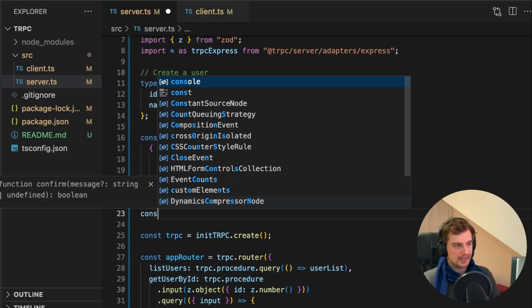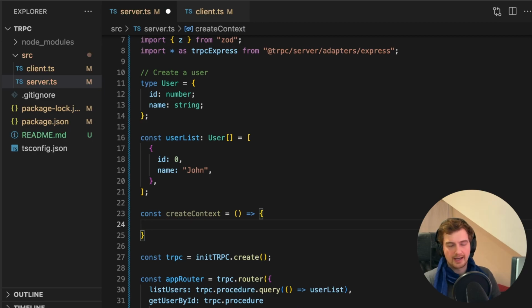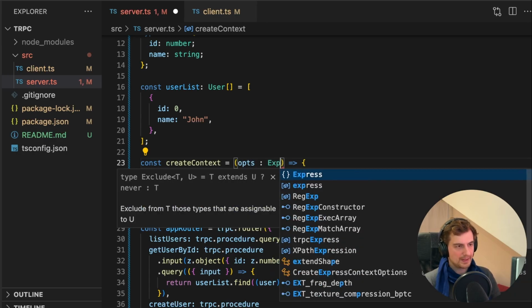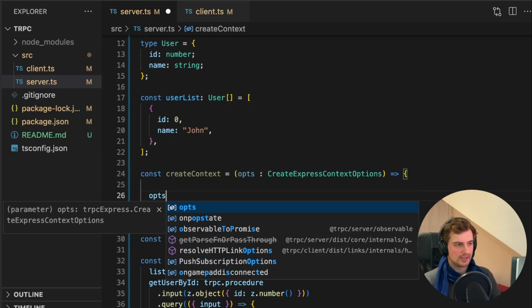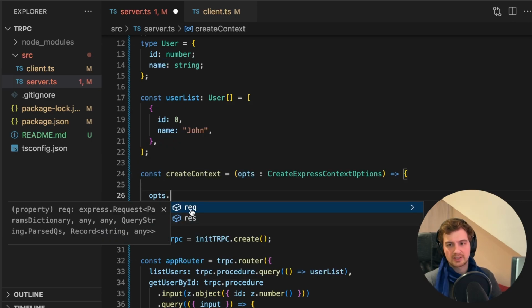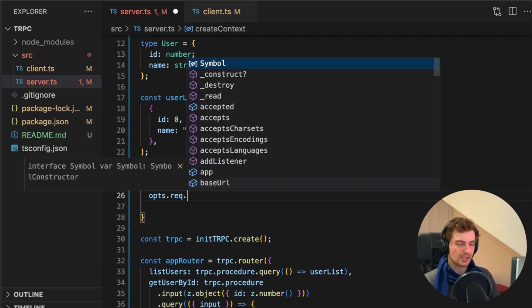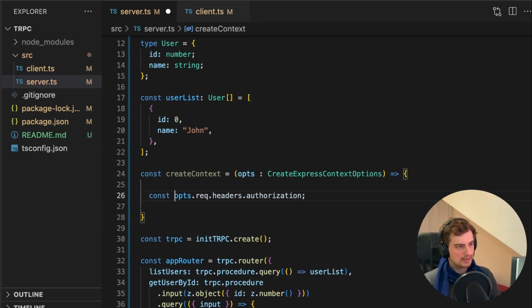First off, let's create a create context function. And this function will be called on any request before it gets passed on to the handlers. This create context will take in some options, and these are the create express context options. What these options contain is really just the request and the response object. For us, it's especially the request object, which is interesting because this request object contains the headers and our authorization header. Let's assign this to our user ID